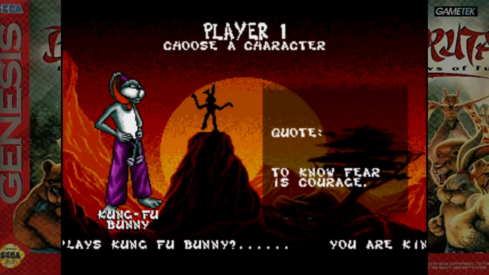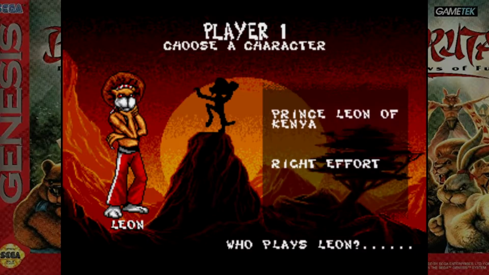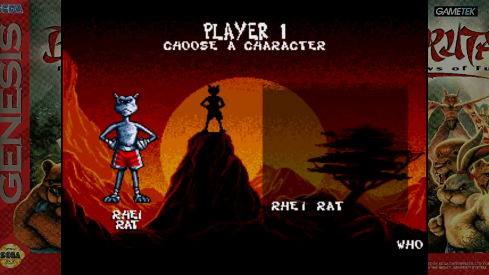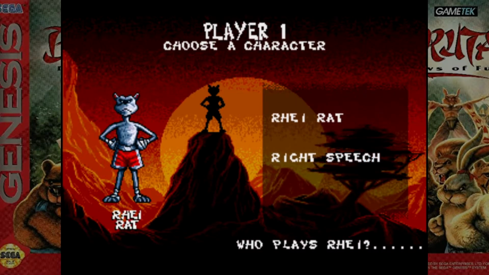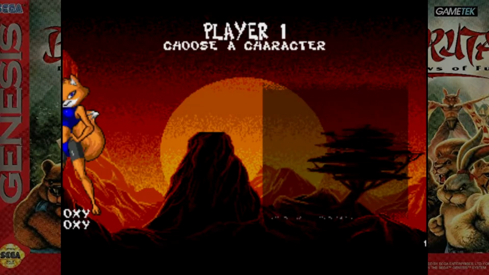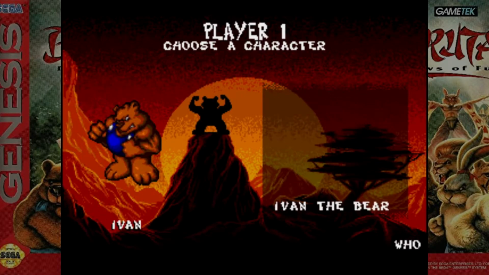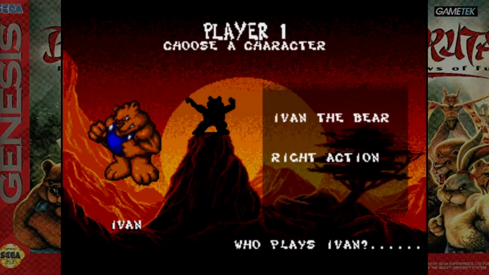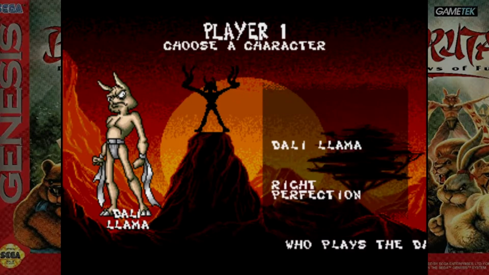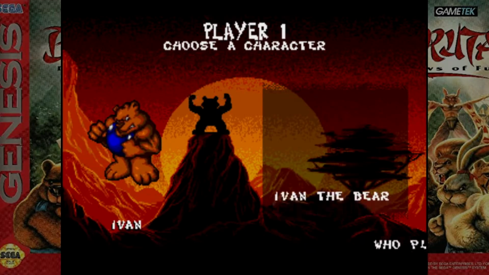So we have 7 characters, 8 characters if you include the boss, and the first is Kung Fu Bunny, Prince Leon, Tai Cheetah, Ray Rat, Kendo Coyote, Foxy Roxy, Ivan the Bear, and if you do the cheat code at the title screen, you're able to play as Dalai Lama. So for this playthrough, I'm going to be picking Foxy Roxy because...